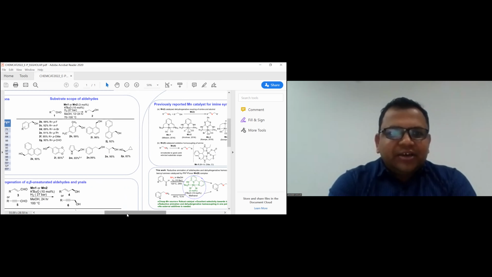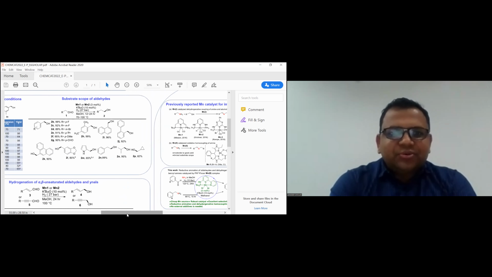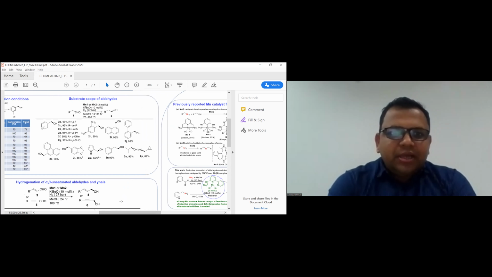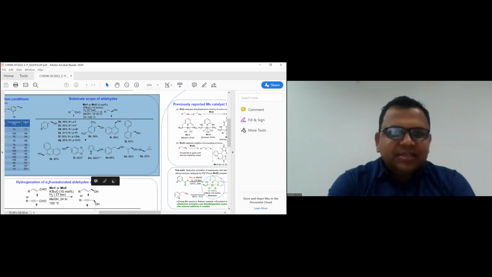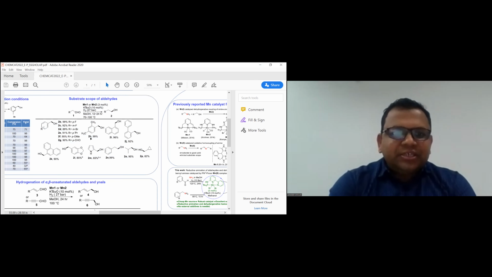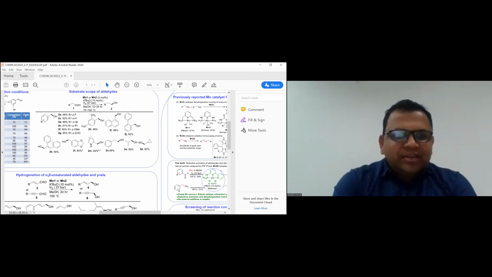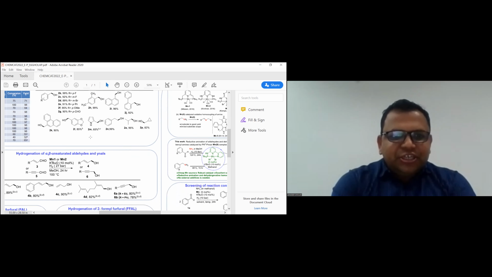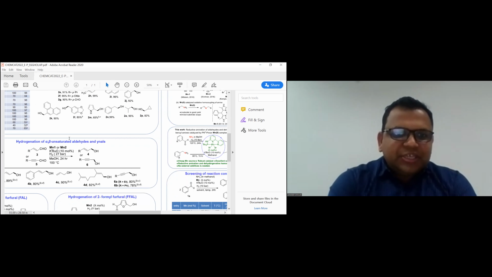we further carried out hydrogenations of various types of aldehydes using 27 bar pressure of hydrogen. You can see the various functionalities attached to the aldehyde were intact after the reduction, and various types of aldehydes undergo reduction to provide various alcohols in good to excellent yield. Further, we also addressed selectivity issues when we use cinnamaldehyde,